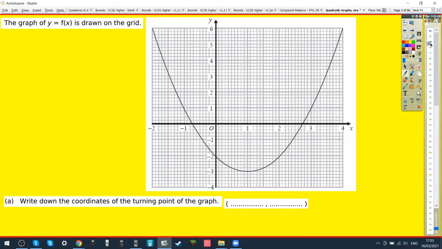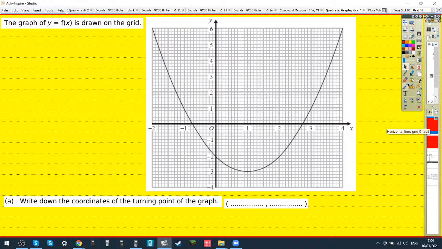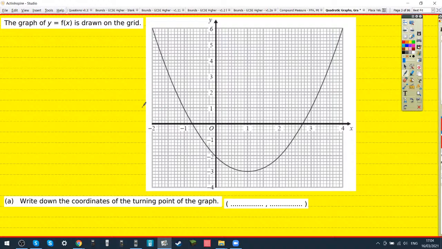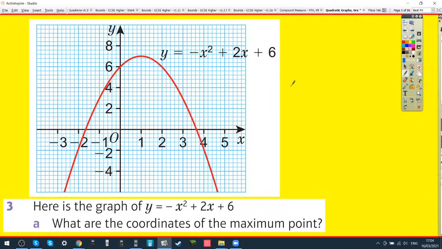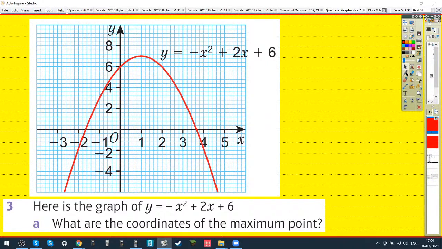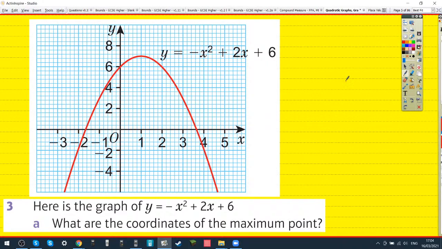Okay, how about this? Turning point is 1, -3. That's it. 1, -3. How about this one? Of the maximum point. That is